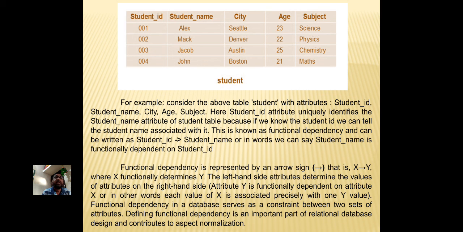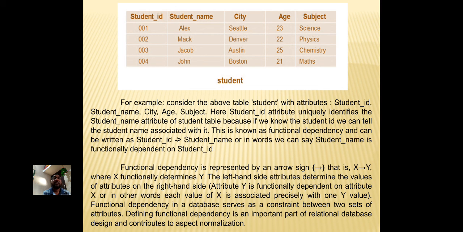This is known as functional dependency and can be written as student ID → student name, or in words we can say student name is functionally dependent on student ID.